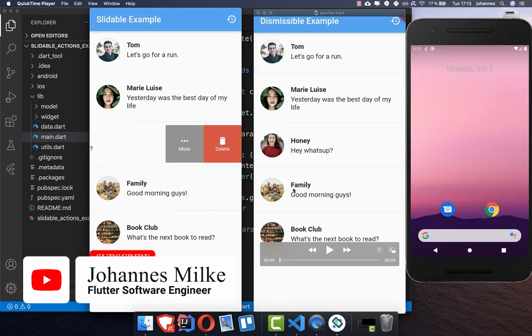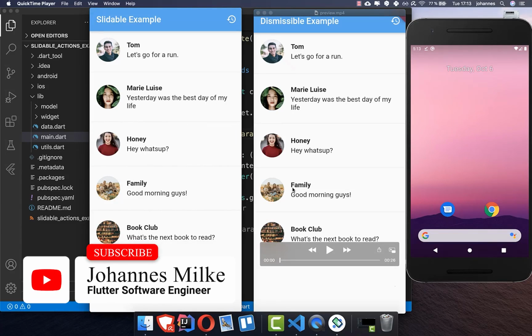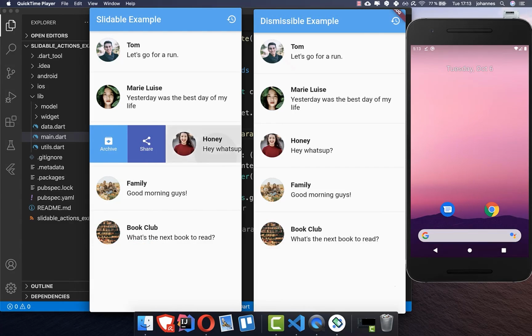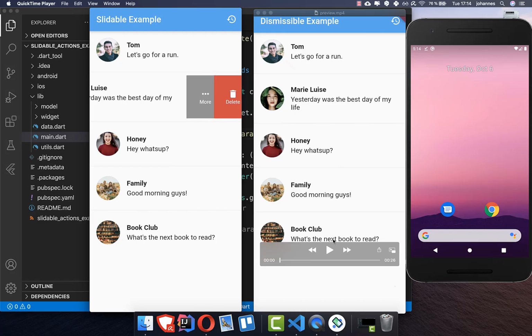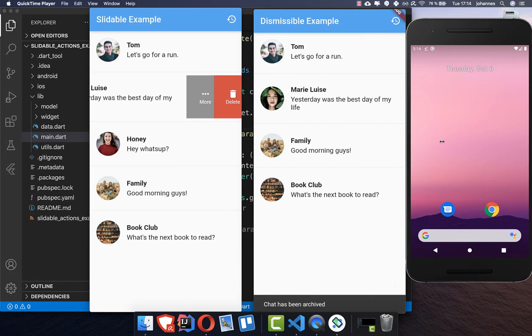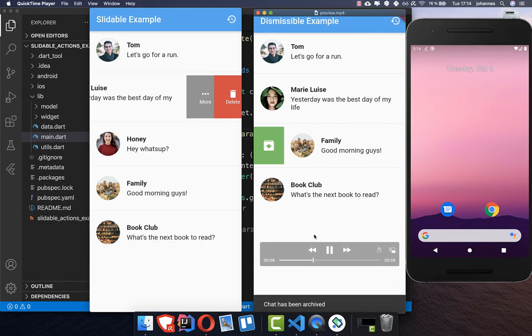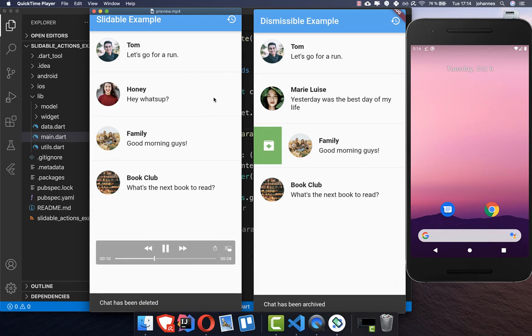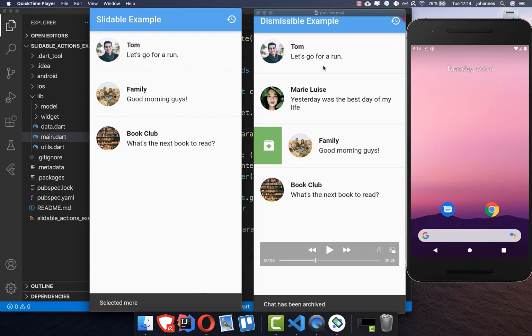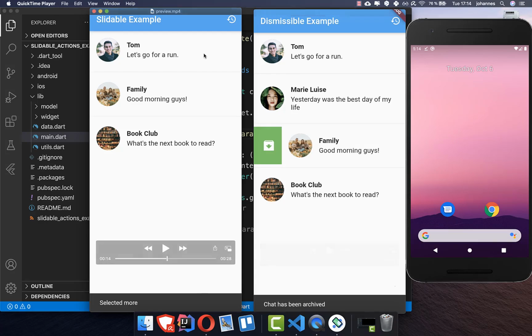With the slidable widget we can swipe and then it will show some actions and they will stay open. I have also made another video about the dismissible, so if you want to watch it, you see that we can dismiss the whole widget: we slide to the right and it will disappear. What we will implement today is different, so here every time it stays open and you need to click again. I will link this dismissible video under this video in the description box,